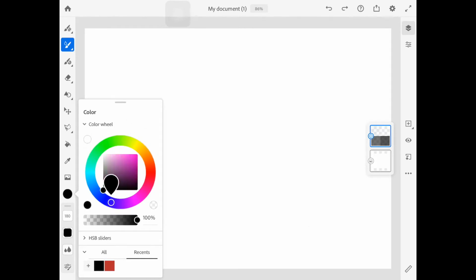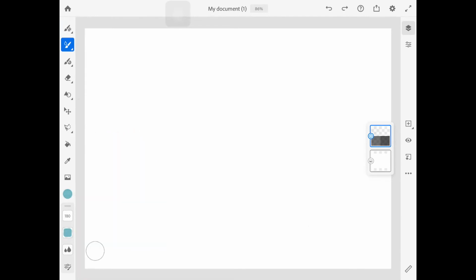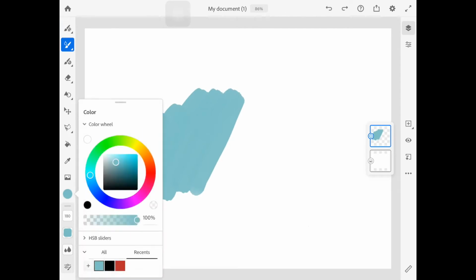Even if you choose over here, you're still getting black because this is what adjusts the value, how light or dark it is. So this adjusts the hue and this adjusts the value. So I'm going to go just like a little light blue here. So I'm going to paint it on, and you will see after I'm done painting, it still continues to spread a little bit. And then I'm going to grab a new color,